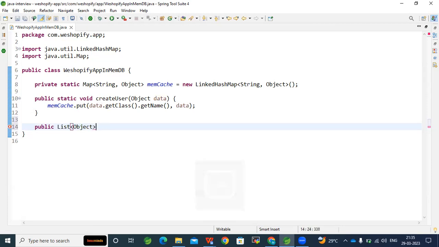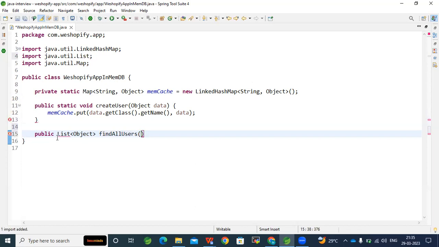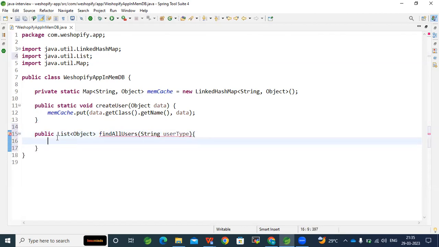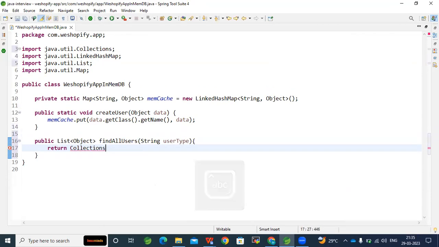List of objects, let's say findAllUsers. Find all users. It will expect a string, the user type. Now what it will do, it will return the collections dot